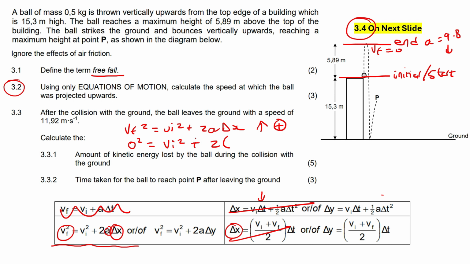If we choose upwards as positive, we know that gravity is always trying to make the object go down. If you throw a ball up in the air, the ball's always going to come down. So if you choose upwards as positive, then this must be negative because acceleration always acts down, which is the opposite of up. Now the displacement: we chose upwards as positive, and this point over here is above the starting position. So up goes with above, so that we can make this a positive value. And then you're just going to get this by itself. You can do that by just bringing all of this over to the left-hand side, and so you would end up with